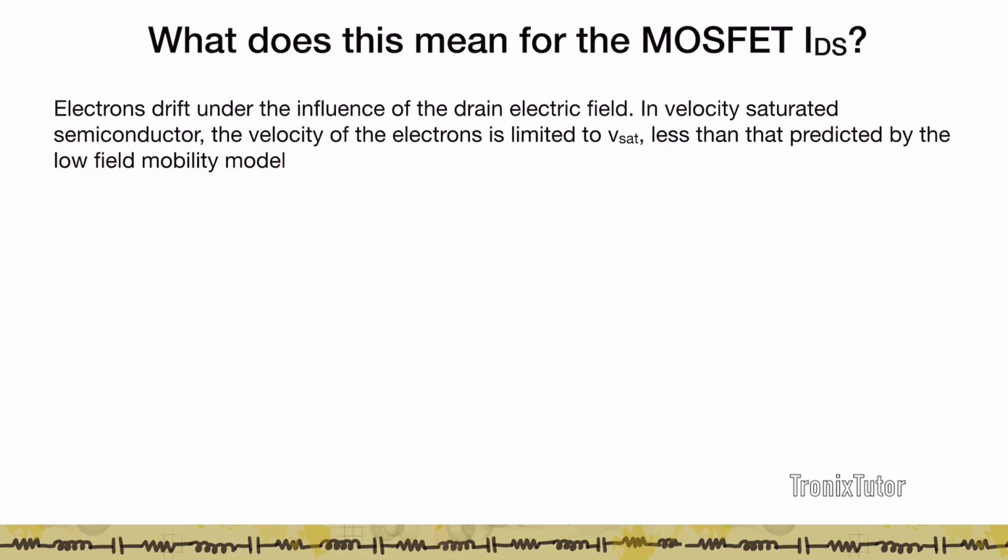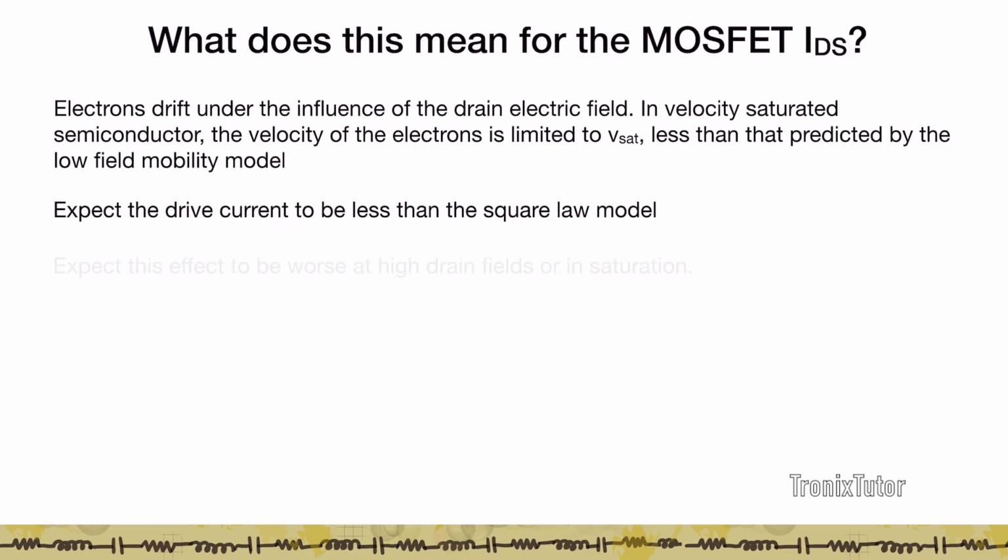So if I were using the low field mobility model to predict my MOSFET current, and in reality the electrons were velocity saturated, what will end up happening is that my model will predict a current which is much larger than what is actually in the transistor. So because of velocity saturation, we expect the drive current to be less than what is predicted by the square